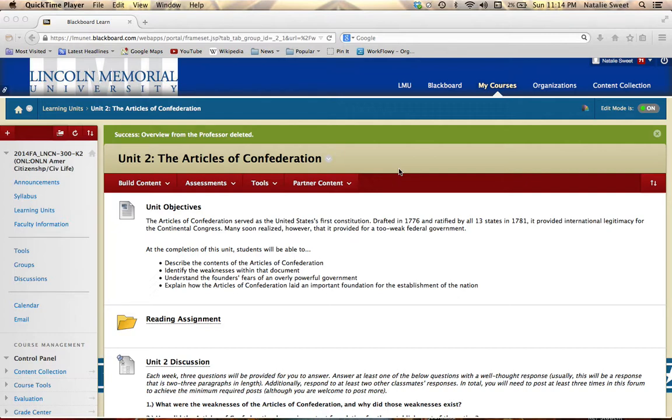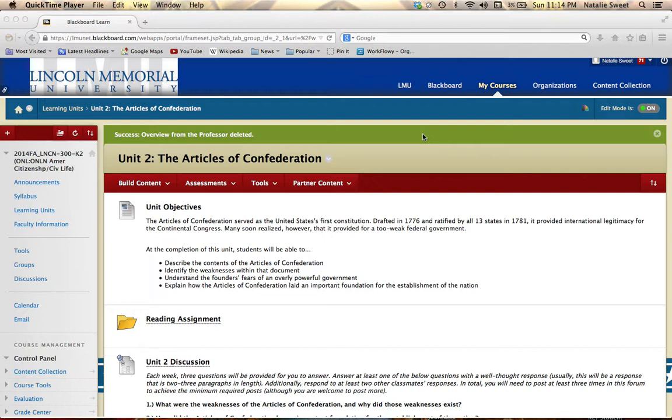You've definitely made some connections about how it impacts us today, how we view that document today, and how it has changed over time. So this week we're moving to our next historical document. This too also had an impact on the United States, even though we don't use it today, and that is the Articles of Confederation. The Articles of Confederation really served as the United States' first constitution. Now, its full name is actually the Articles of Confederation and Perpetual Union.